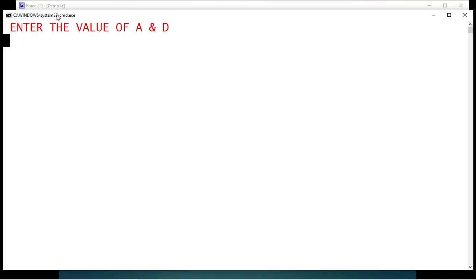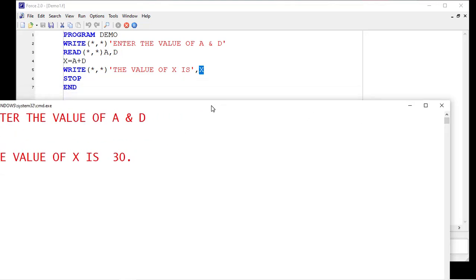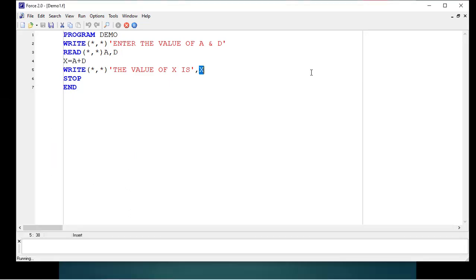Because we have written it in the write statement. I put 10 and press enter. Again I put the value of d as 20 and press enter. So the value of x is computed through this arithmetic expression, x equals a plus d, that is 10 plus 20, which is 30. So this is how the unformatted read statement is utilized here.